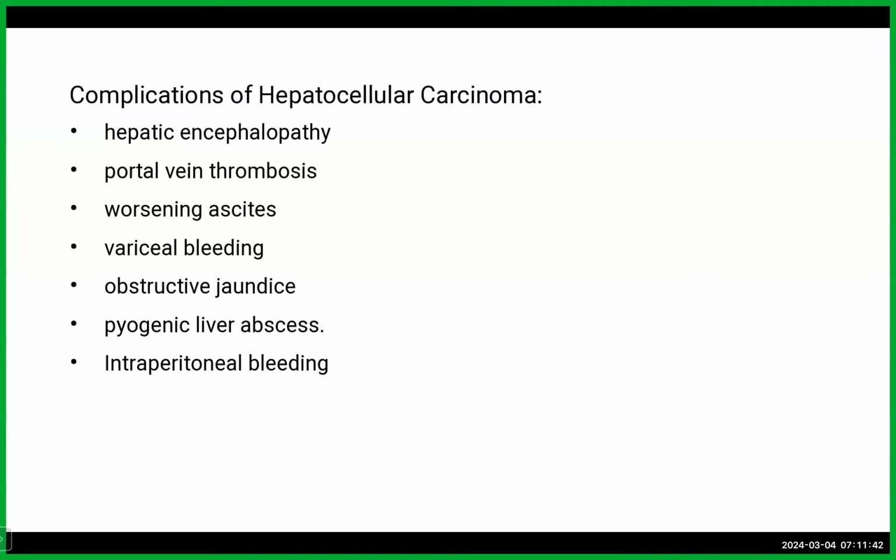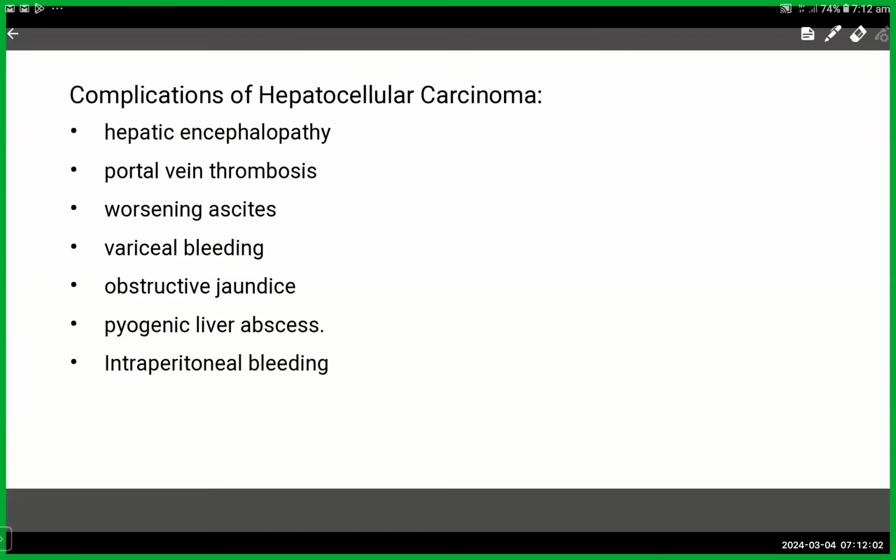Complications of hepatocellular carcinoma, as shown: hepatic encephalopathy, portal vein thrombosis, worsening ascites, variceal bleeding, obstructive jaundice, pyogenic liver abscess, intraperitoneal bleeding. For this case,